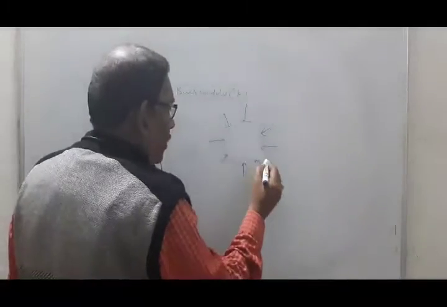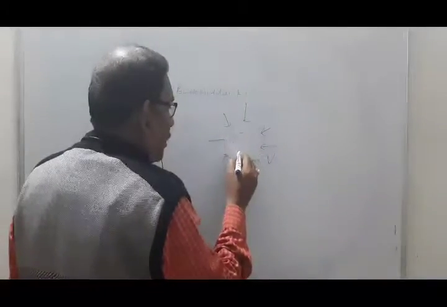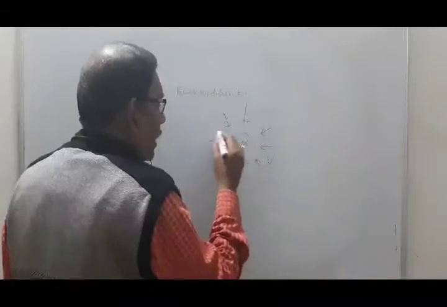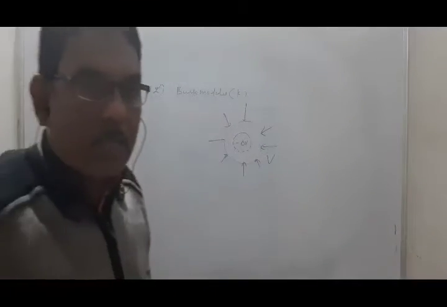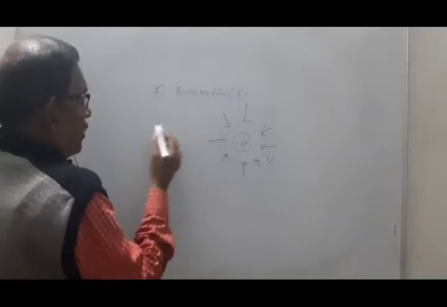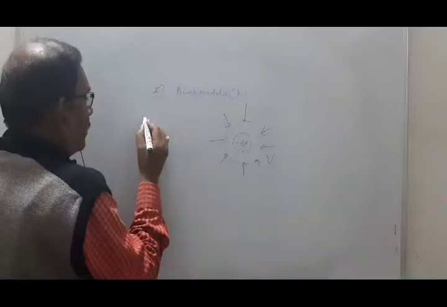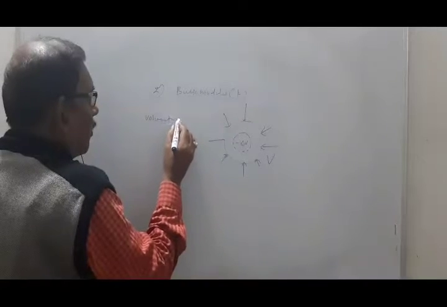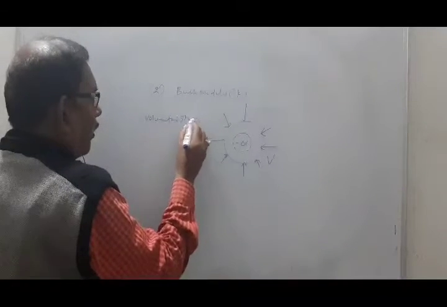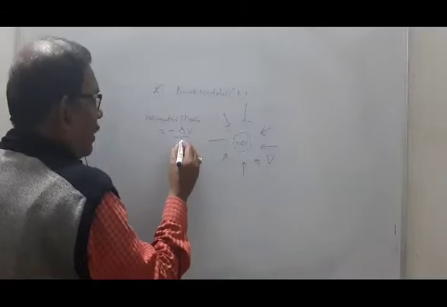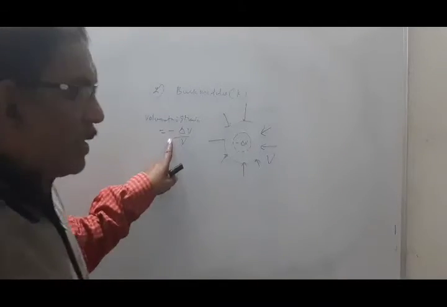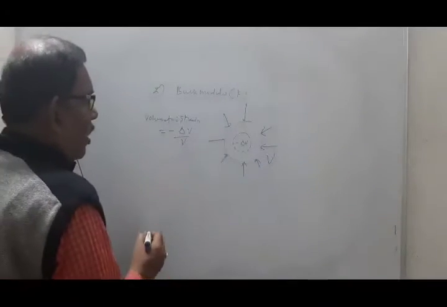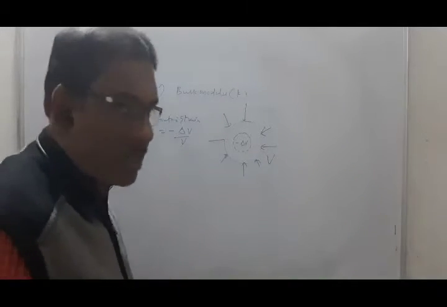Okay. Original volume V and reduced volume is delta V, in terms of a negative sign. Already we discussed this in the previous class. So bulk modulus, that is the volumetric strain, minus delta V by V. The negative sign indicates that the volume is reduced under the application of hydraulic stress.